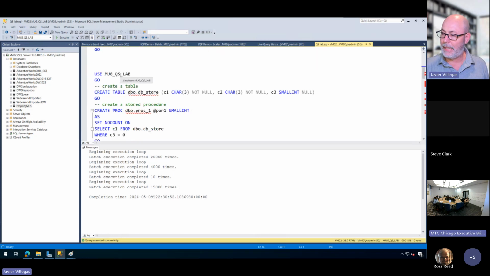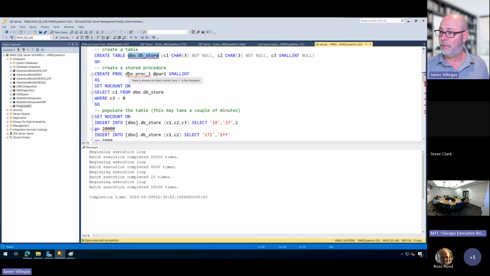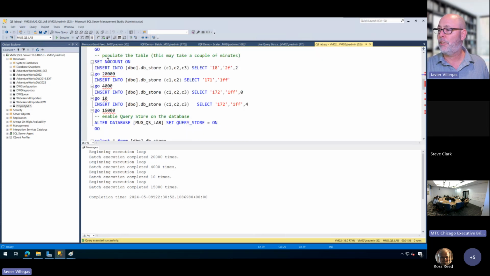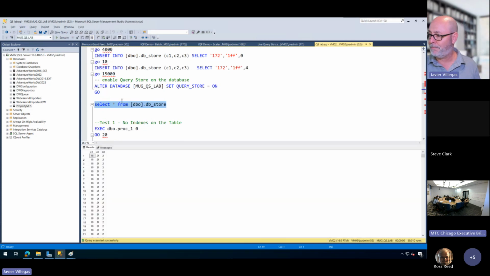Then in this database, which is completely empty, I create one table, DB store, with 3 columns, right? And then I create a stored procedure. The stored procedure requires one input parameter. What it does is quite simple. It does a select of one column from the table where the parameter matches the one entered here. Then in my table, I just enter a lot of dummy data. If I do a select on my table, I see